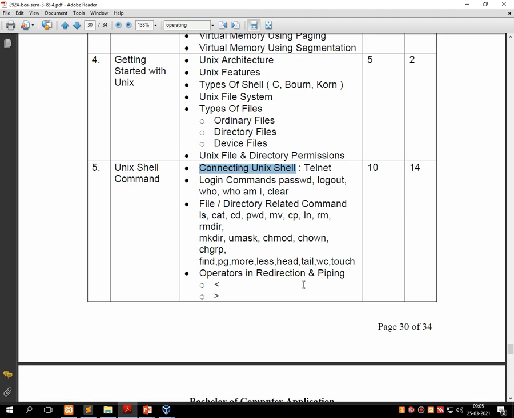The first category is shell commands for connecting to the Unix shell. The second is various login commands like passwd, logout, whoami, and clear. We even started with a few of the file and directory related commands,